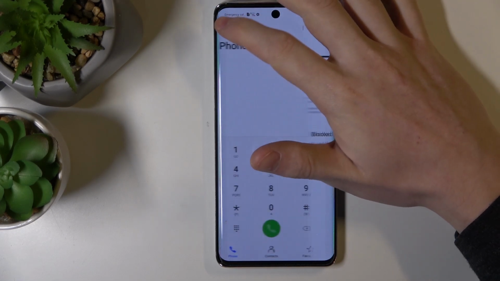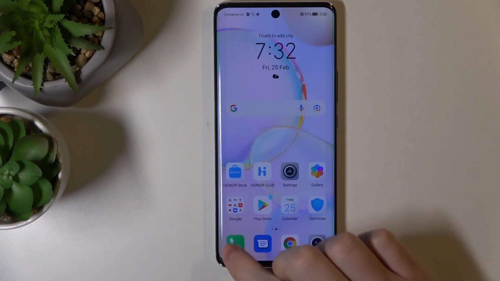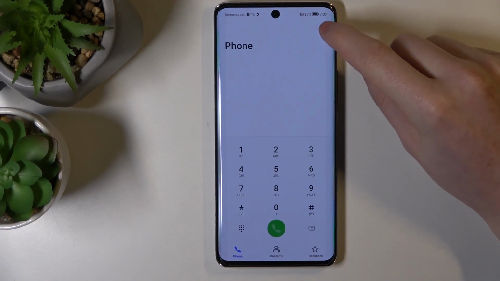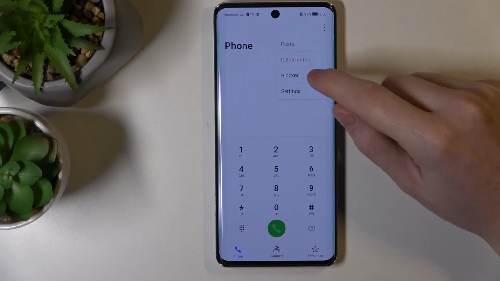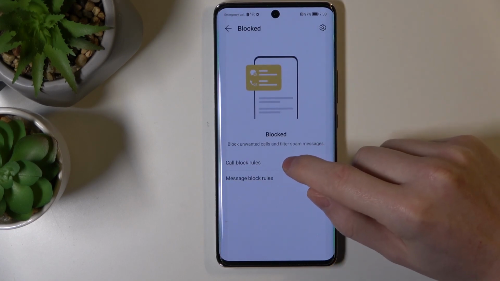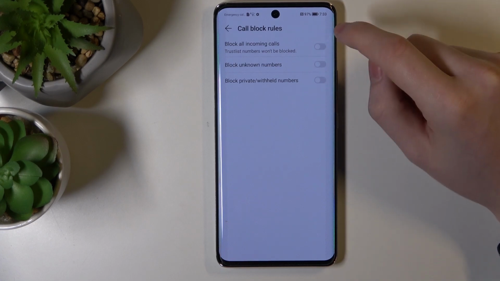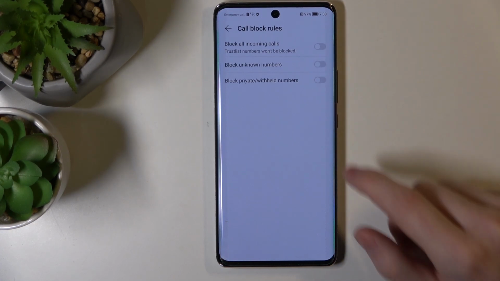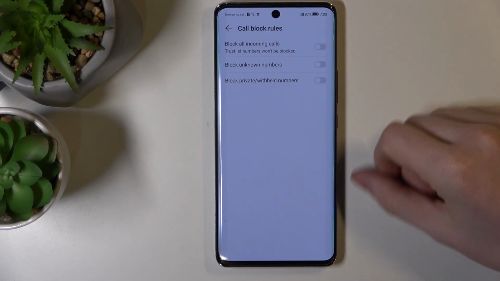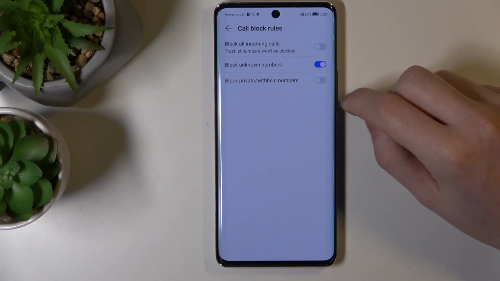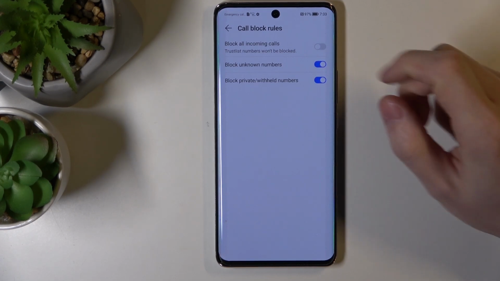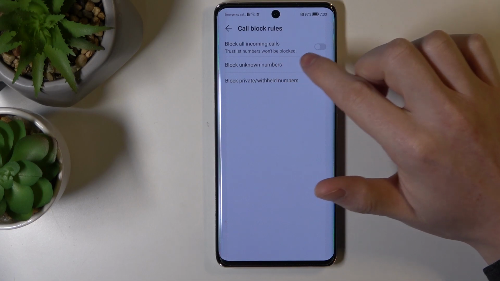To do this, you'll need to go to your phone dial, it's this one, then press on these three little dots in the top right corner of your screen, blocked, call block rules, and from here you'll be able to block all of these options. For example, block unknown numbers, block private withheld numbers. If you block all incoming calls,